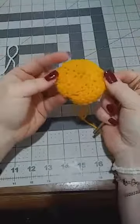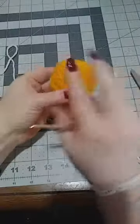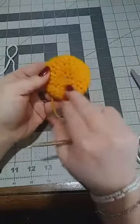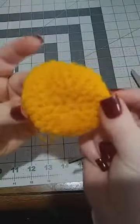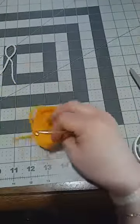Okay, so that's the center of our daisy. That's the way I like to do it. If you like the other side better, then you can do it that way. That's fine. But I think it looks cooler like this with the little ridges than it does on that side. So we're going to start with this side,